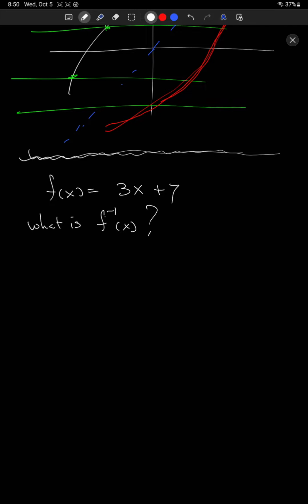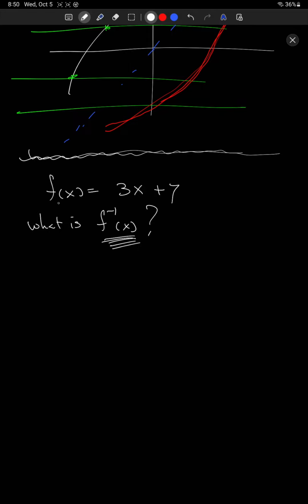we're not going to be giving you functions that don't have inverses for this section. So when I ask this question, it's not a trick question as in there is no inverse. There actually is going to be an inverse, all right? And so the question is, what is its inverse? How do we figure it out? Well, luckily, we can use the same concepts to figure out the formula for the inverse. And the idea is